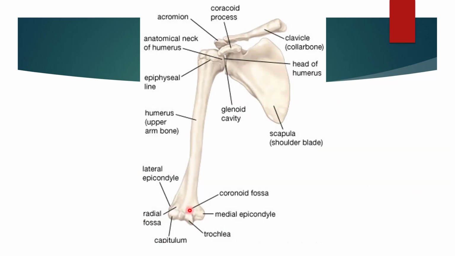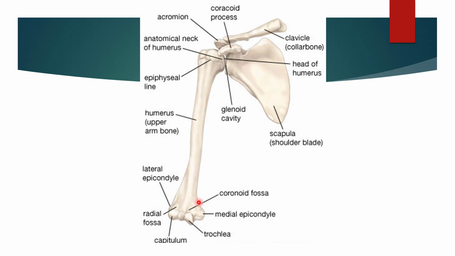See here in this diagram, again I will repeat all structures which are present distally. There is lateral epicondylar ridge, medial supracondylar ridge, and lateral supracondylar ridge. Then there is lateral epicondyle and medial epicondyle. Then there are two condyles of the humerus which are present distally. Laterally we have capitulum and medially we have trochlea.